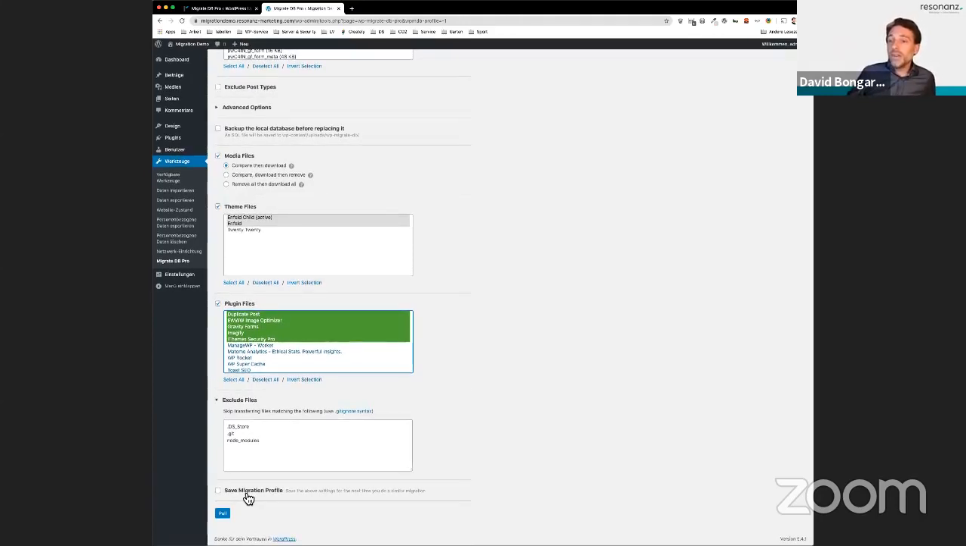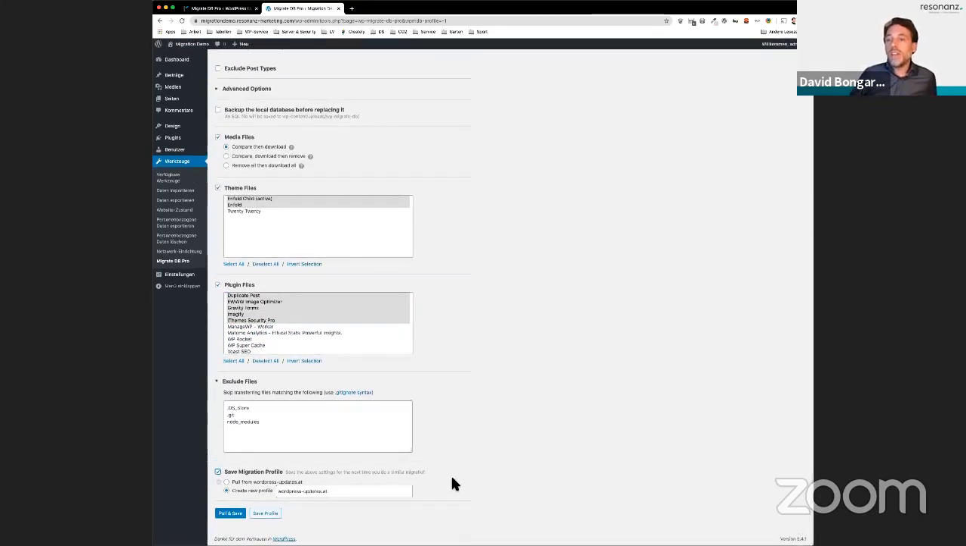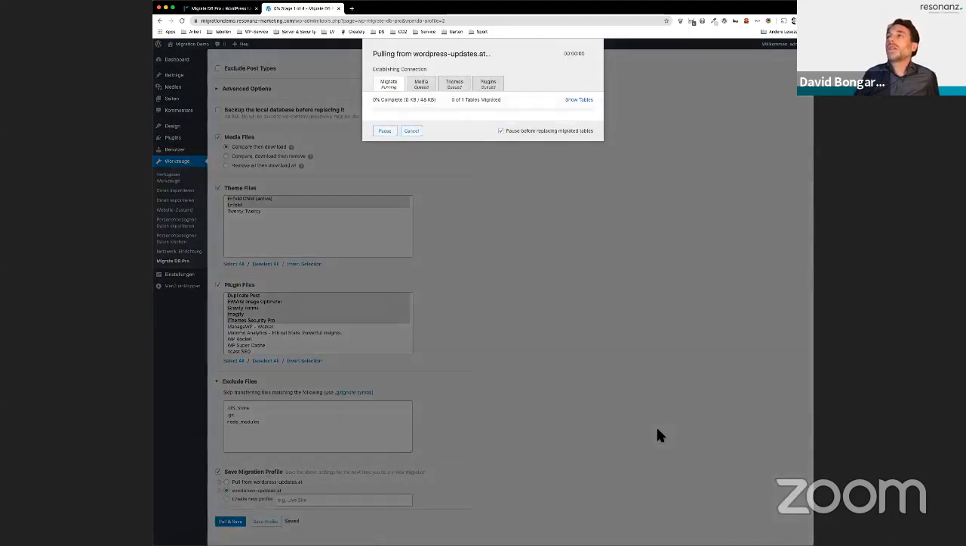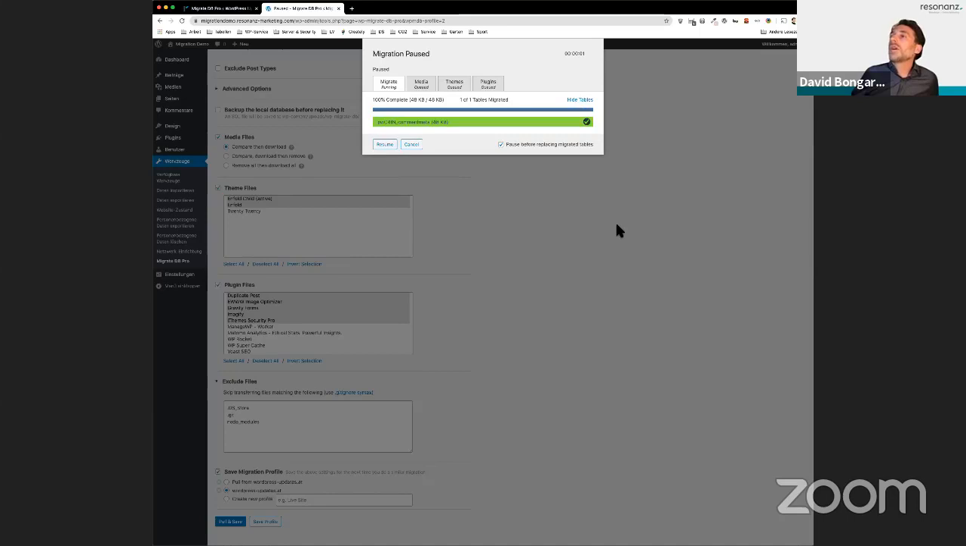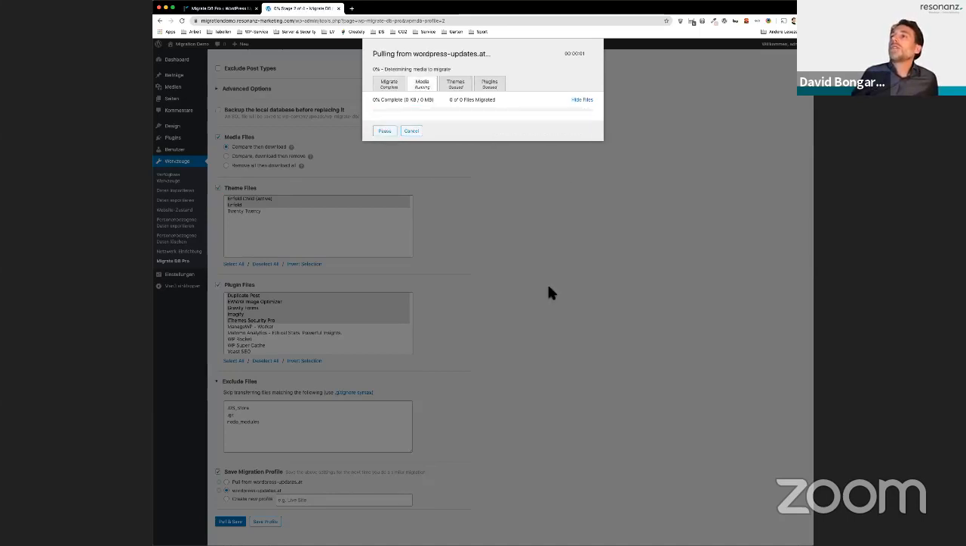Last but not least, you have the option to save your migration profile, which comes quite handy when you're working with a live and a dev environment and want to migrate frequently. And then you simply click pull and save. And we now have the opportunity, resume, I did on pause,